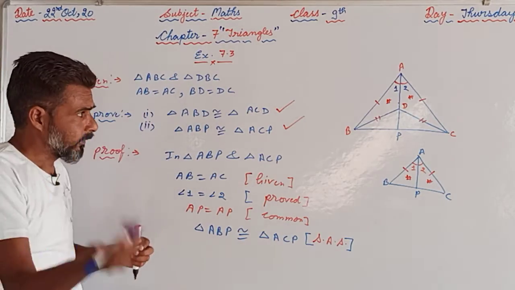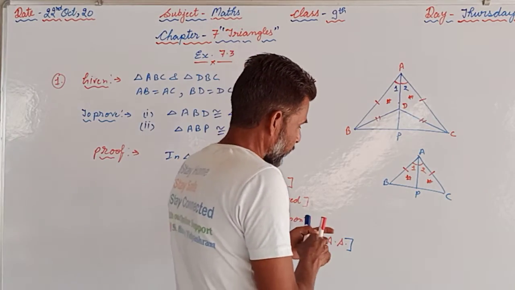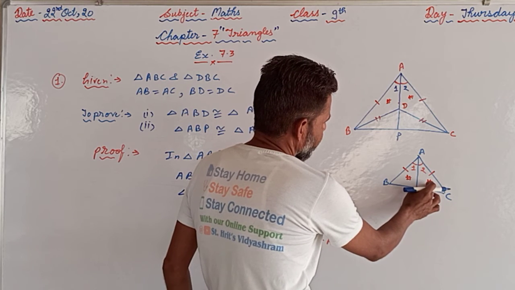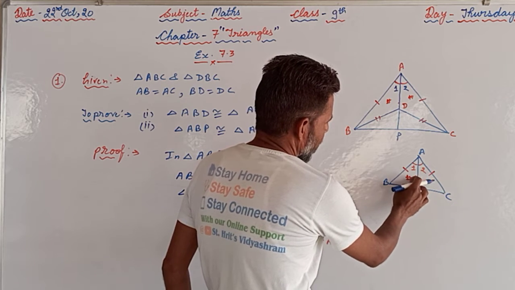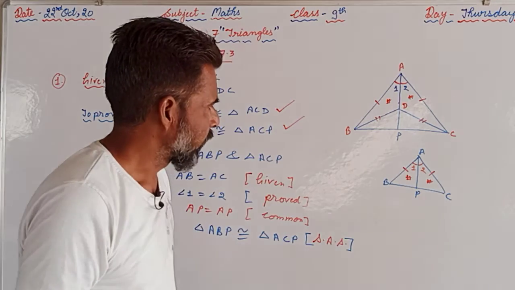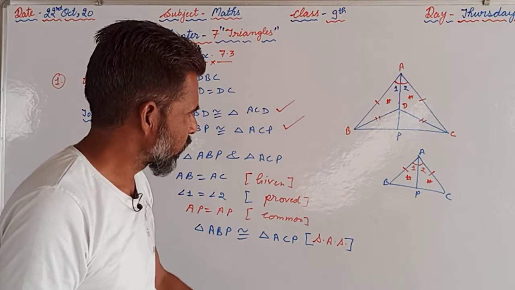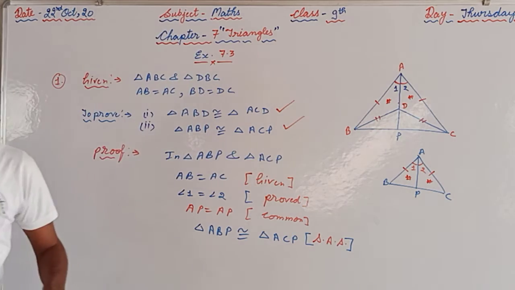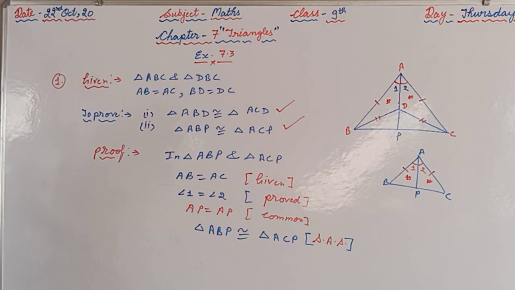Now for the next one, what we will do now: if these two triangles are congruent, how can we use that to prove that AP bisects angle D? Angle A we have done; angle D you are supposed to search first of all, afterwards I will tell you. AP is the perpendicular bisector of BC.